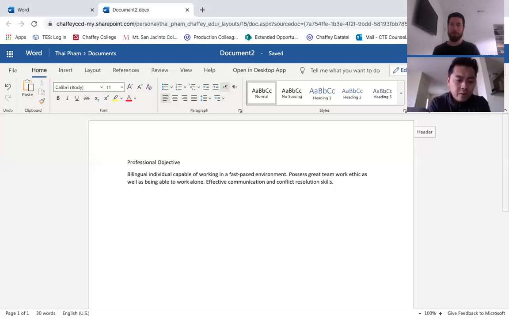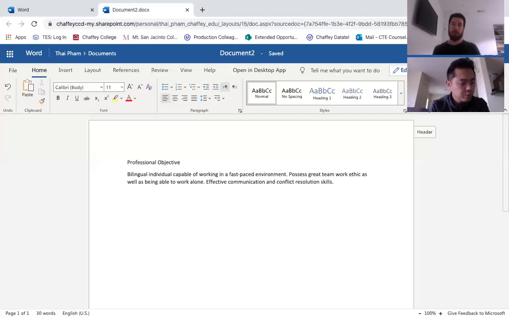Mm-hmm. Another great piece of advice I can provide to you is that whatever job it is that you're looking for, you want to go to that website or however you can get it and look at the job description. In their job description, they're going to have these keywords or these power words that Ms. Parlara was referencing. So you want to try to incorporate some of those words that the employer is putting in their job description inside of your resume. Again, you don't want to put everything because they're going to catch on to that, but you want to use your best judgment to put some of those keywords in there as well.